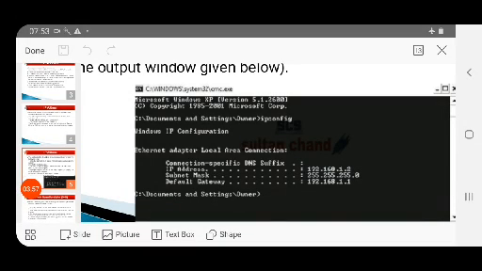The moment you write ipconfig, you will get the Windows IP configuration, and this is your IP address, 192.168.12.